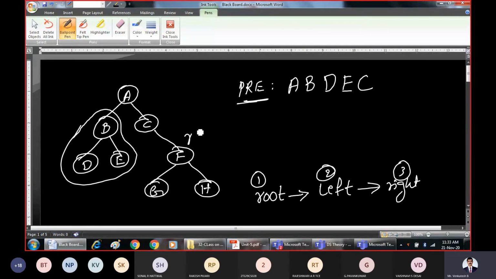And we have F as the new root node. Whenever you are present at the root node, apply the same formula. What is that? Root left right. So process the root first. F has been processed. After processing root, you have to go to the left subtree. So now what happens? G becomes the new root node. Process it. Go to left subtree, there is no left subtree, come back. Go to right subtree, there is no right subtree, come back. After processing this, again go back to this root node.